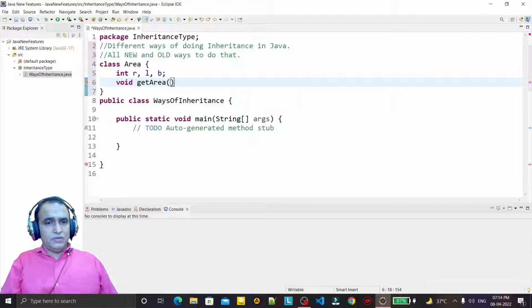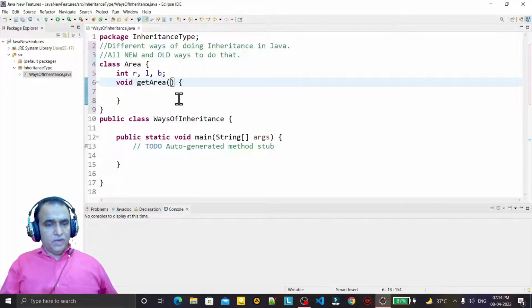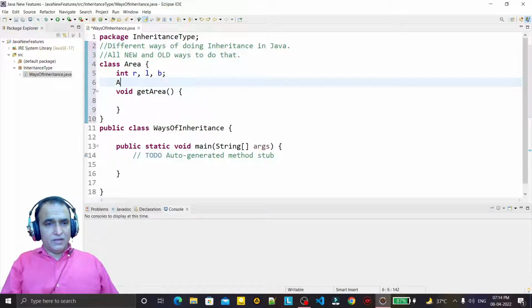In this function we pass the radius, meaning R. We do not have any argument in this function. What we have is a constructor.